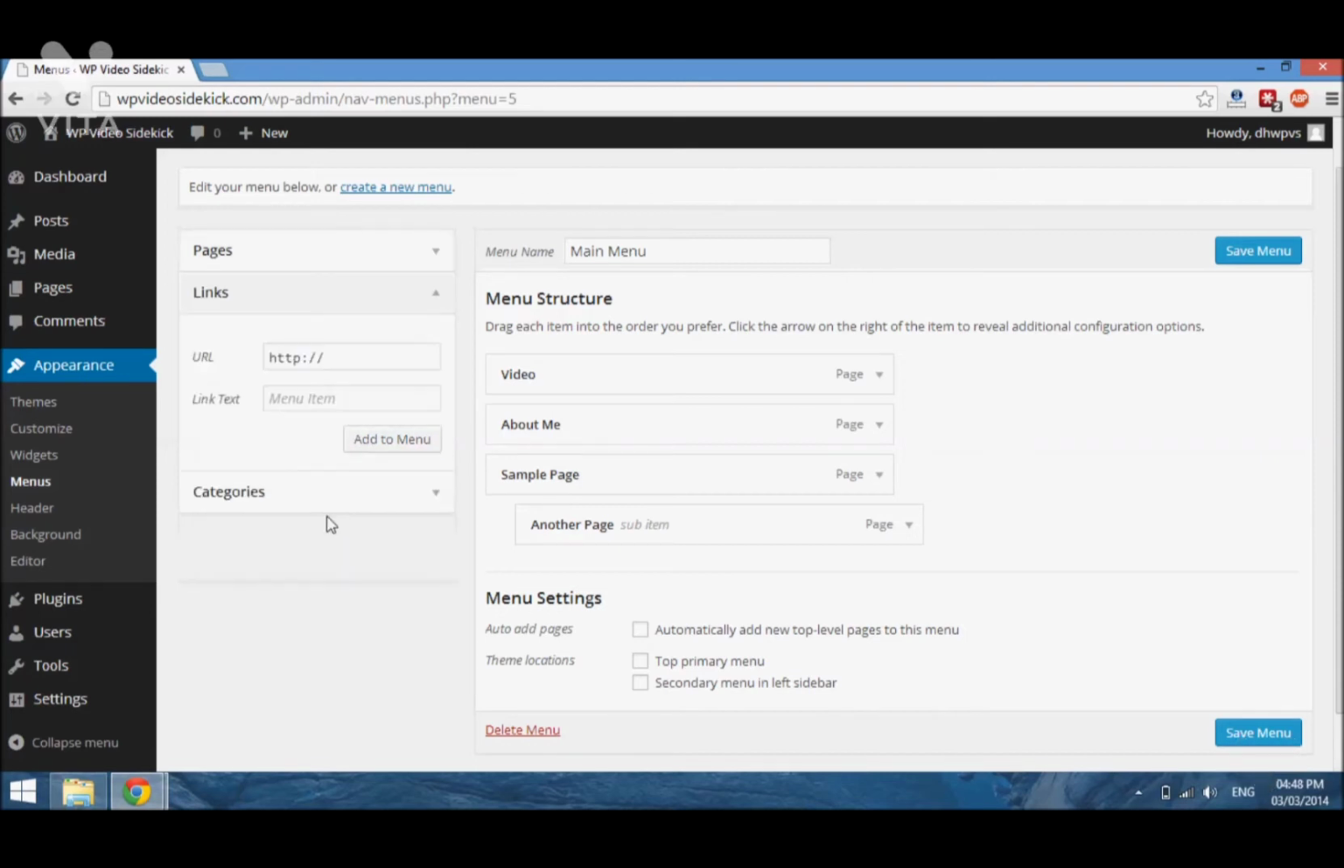You can also add a link. All you have to do is click on this drop down arrow and put the link. So say, for example, you had another website, or you wanted to link to your Facebook page or your YouTube channel, you just put the URL there and what you wanted the text to say. So I'll just say "Like us on Facebook," and then you can add to menu,